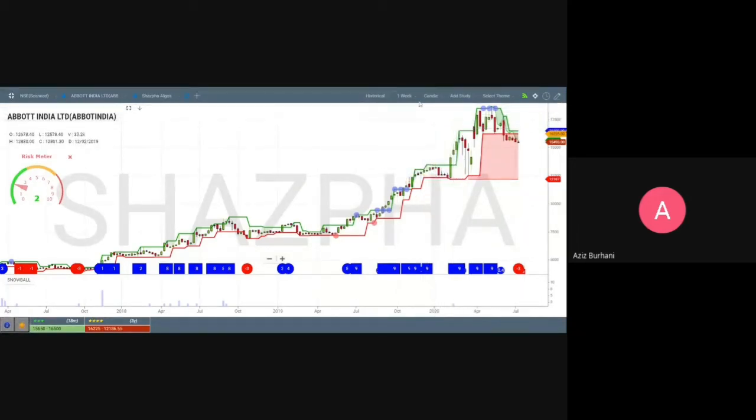What you can do is select your time frame. You can say, I will trade a weekly chart, or I will trade a daily chart, whatever you choose. But once you have decided that you will trade a daily chart or a weekly chart, you have to exit. And last time, when we were discussing strategies, we discussed that the best strategy for long term is to trade a weekly chart and just follow the peak and the trough.